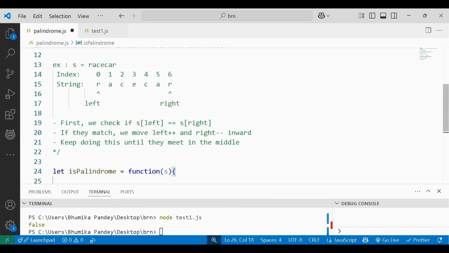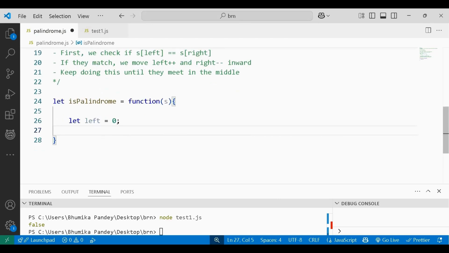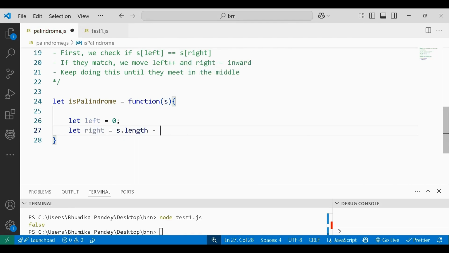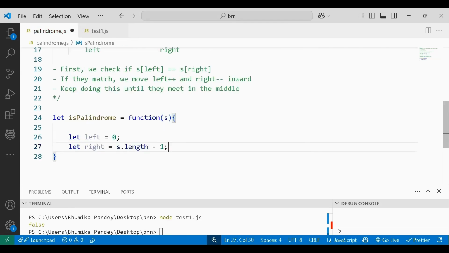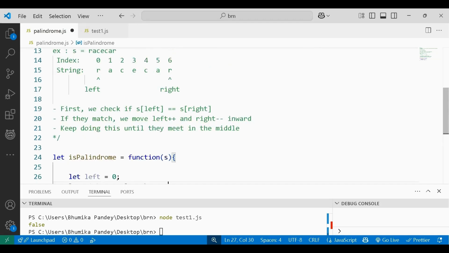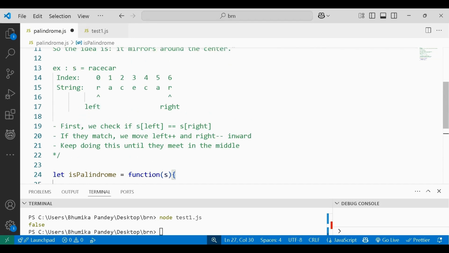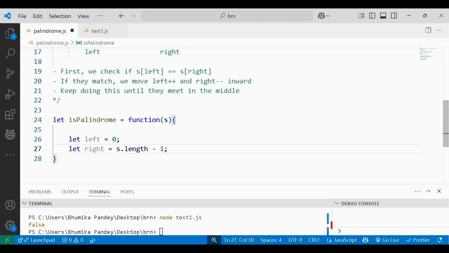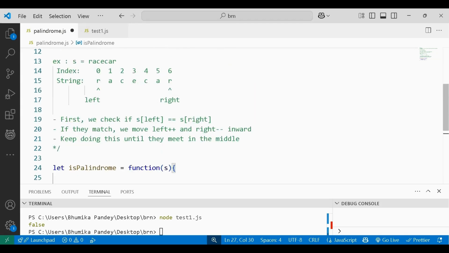That is what we just discussed. And how we are going to figure out the right pointer? So let right. So what is our input? This is our input s. So s dot length and then -1. That's what we discussed, right? Because the length doesn't count from 0, it counts from 1. So the length of any string is going to be 1 2 3 4 and so on, right? So if we subtract 1, then we are going to get the exact position of the last character or number,